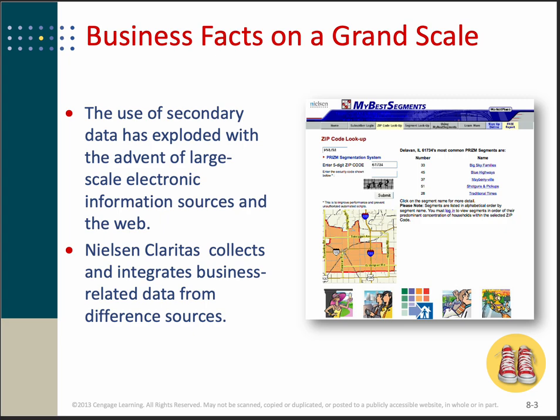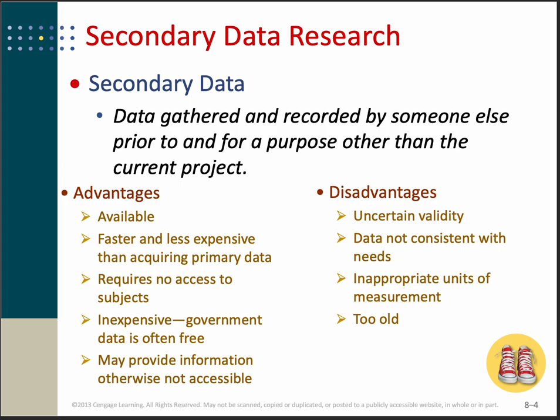And it can be highly valuable. When you do a Google search, that's secondary data. It's not primary data that you're searching, typically. It's got huge advantages. It's available, it can be cheap, can be fast, can be inexpensive. Sometimes we have to be careful about validity, though. So we have to be, when we look at sources and things. That's why you don't want to use Wikipedia